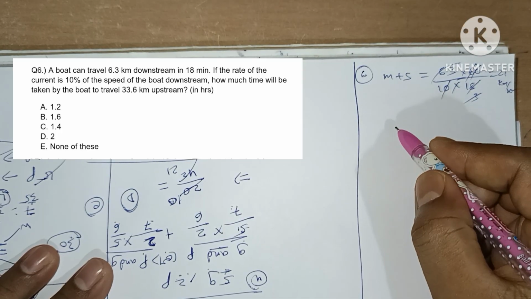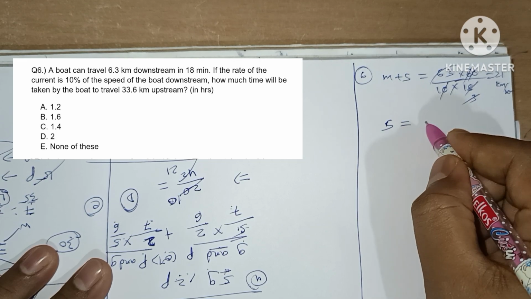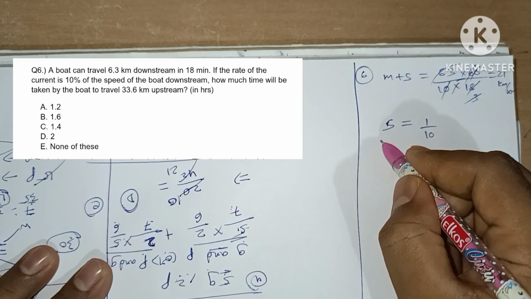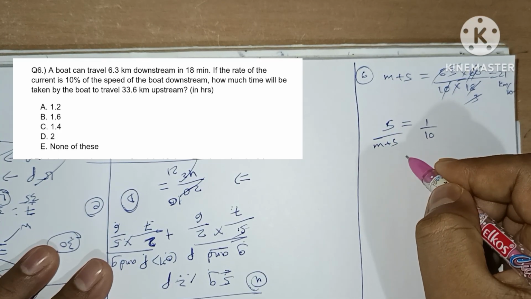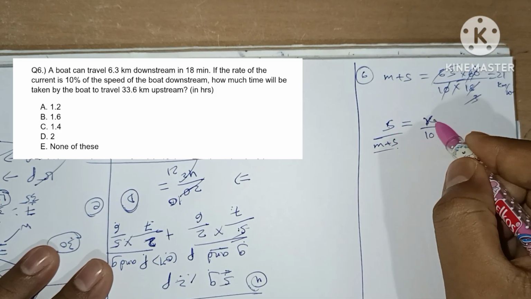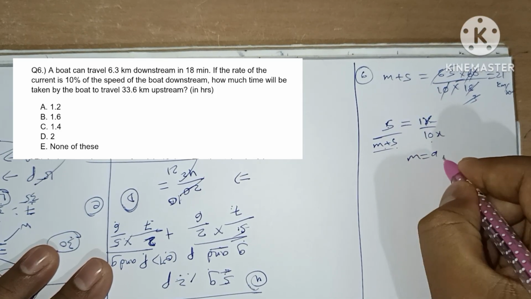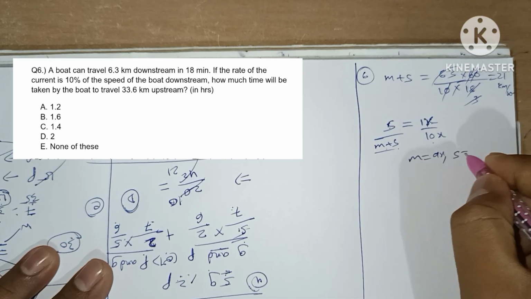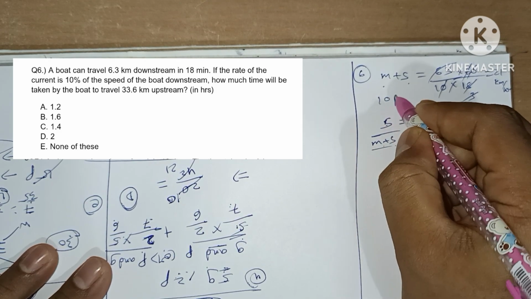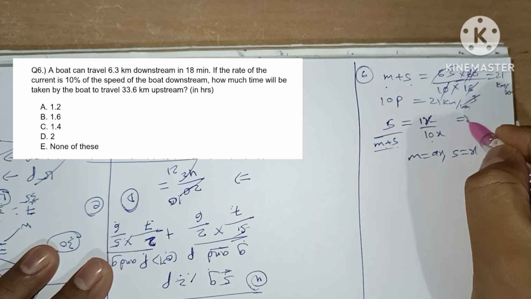Now the question says that the rate of the current, s, is 10 percent, that is 1 by 10 of the speed of the boat downstream, m plus s. Here m plus s value is 10x and s is x. So s is 1 part and m plus s is 10 parts, which means m is 9 parts. 10 parts value is 21 kilometers per hour. So 1 part value will be